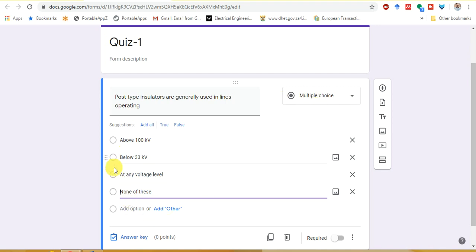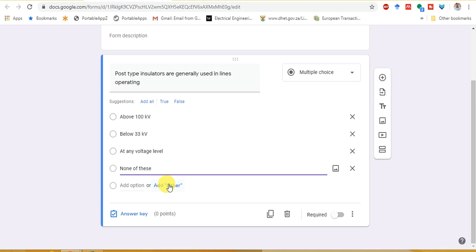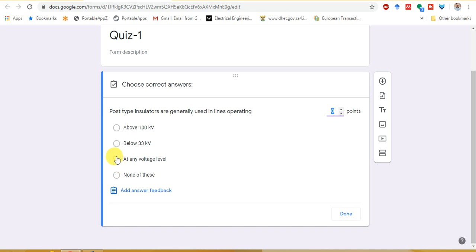So this will be a multiple choice question. If you want another option, then you can click this one. Now we have to give the answer. For this question, we are selecting that its answer is C, and this will be for 1 point.